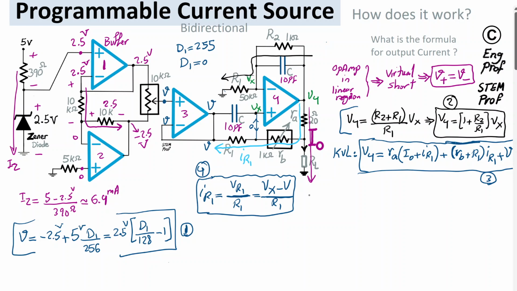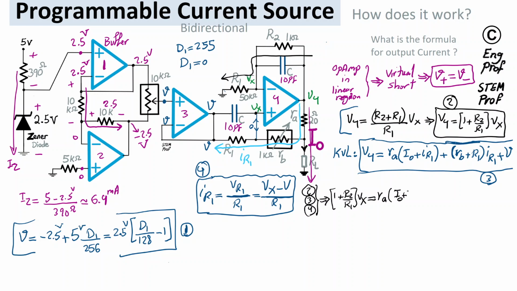I can say using 2, 3, 4, I have 1 plus R2 over R1 times Vx, which is this guy, basically V4, equal to now this guy, which is RA